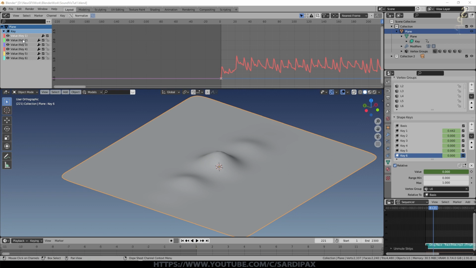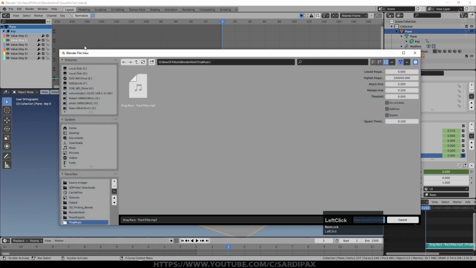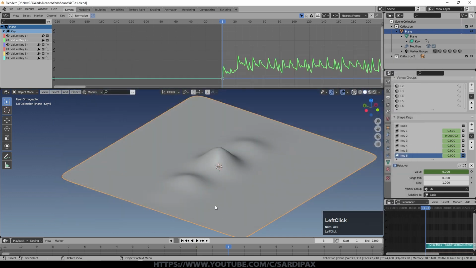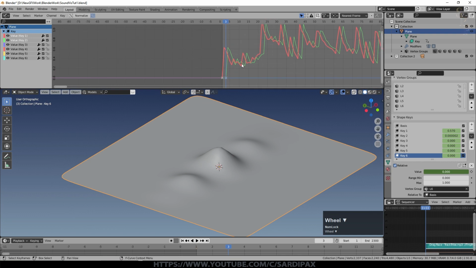So now I'm going to select the second key, but from experience I found about 3 or 4 frames is enough. So I'm going up to frame 3 and then again bake sound to F curve, selecting the same music. And if we zoom in, you can see I select both key 1 and 2. They're both playing the same sound, but there's a delay of 3 frames. Won't show up that much yet, but you can just about see that they're not completely synchronized, that there's a slight delay. And you'll have to find out for you what level of delay is needed to get you a useful effect. So I'll just go and do the others.